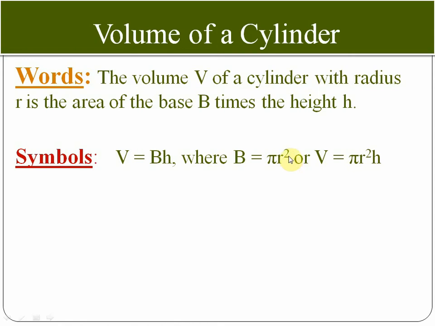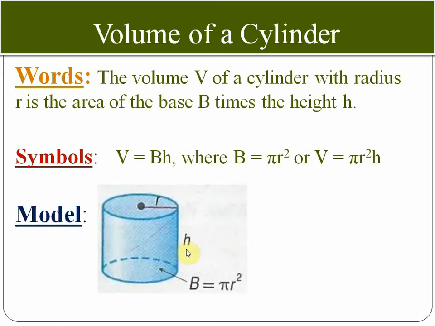r square. When you multiply a two-dimensional thing with the third dimension, it becomes a volume. It occupies some space. So the volume of a cylinder is pi r square h. The area of a circle with some height, which occupies some liquid or some gas, is called the volume of the cylinder. And the model of the cylinder is like that.